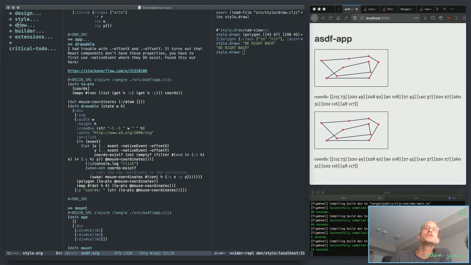Okay, so I think this will work. All I really need to do is change any call in here to mouse coordinates. I need to do state instead. It's maybe risky to call it state, but we'll go with that for now. Give it a try. Because this is just,